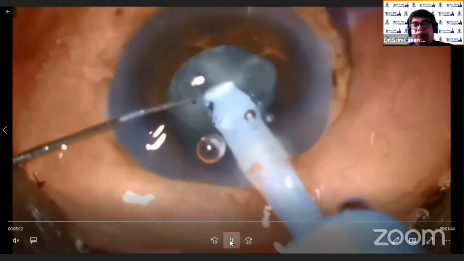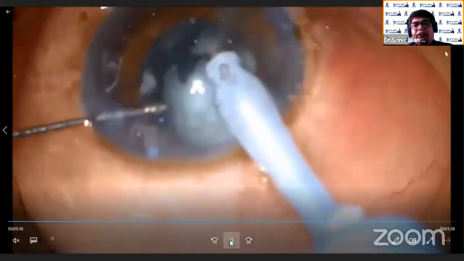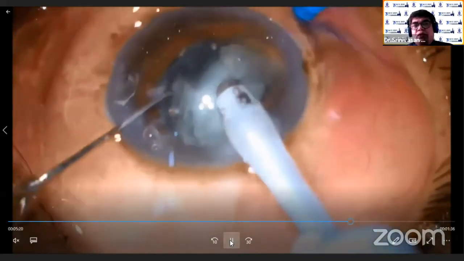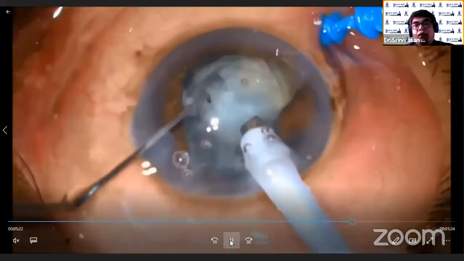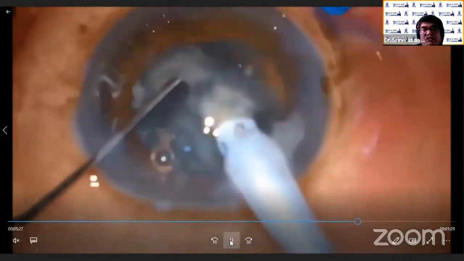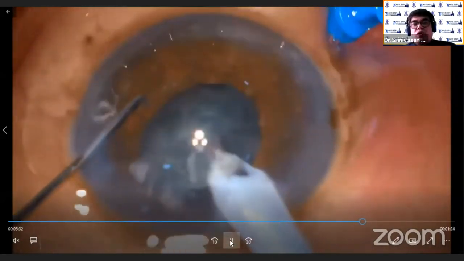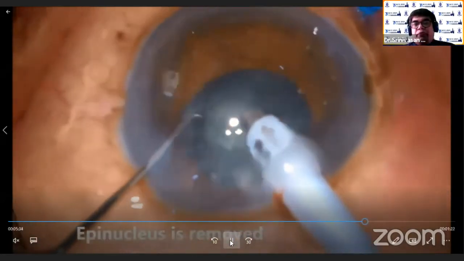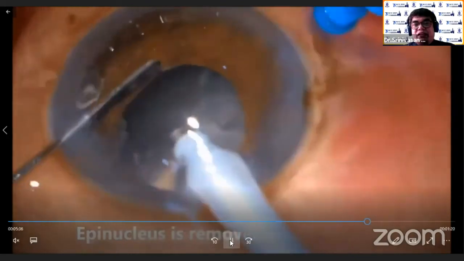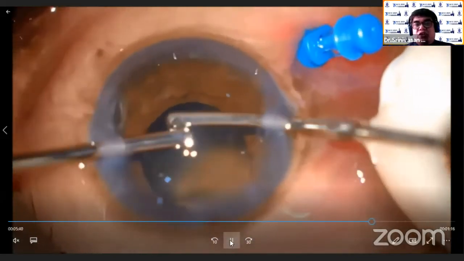Phaco is the usual routine thing. Give a drench, stop and stop. Phaco is done, and a soft shell phaco technique is followed. As the cataract is very soft, it follows the probe, and we keep a low volume phaco with a low vacuum. The epinucleus is also slowly removed. Always remember, if you see the video, we don't move the phaco probe. We keep it in the center. That is the essential criterion. Don't take it to the edges, so that the iris is not touched.